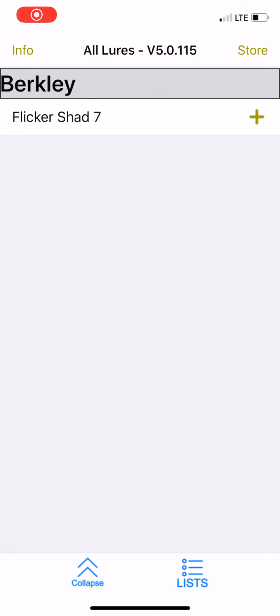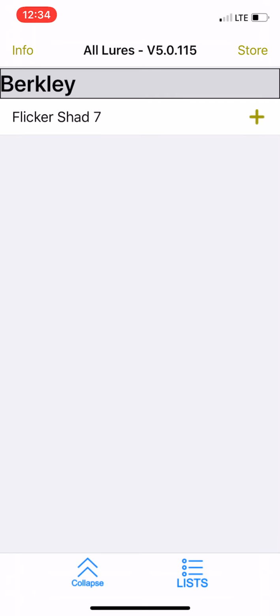All right, let's take a look at some more functions of the Precision Trolling Data app, especially for the new version 5.0. This app is available on both the iOS App Store, Apple App Store, or the Google Play Store for Android. The first thing I did want to mention is whenever you come into the app, it's real important that you make sure that you do have the current version of the app, especially if you're going to be downloading some lures. Up at the top, you can see